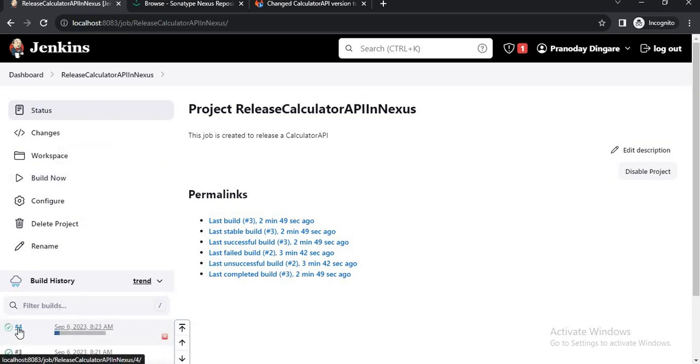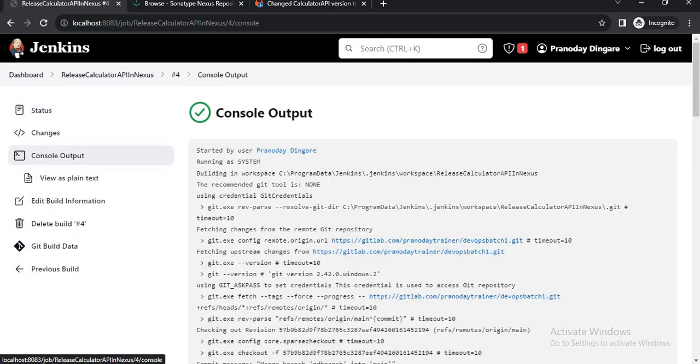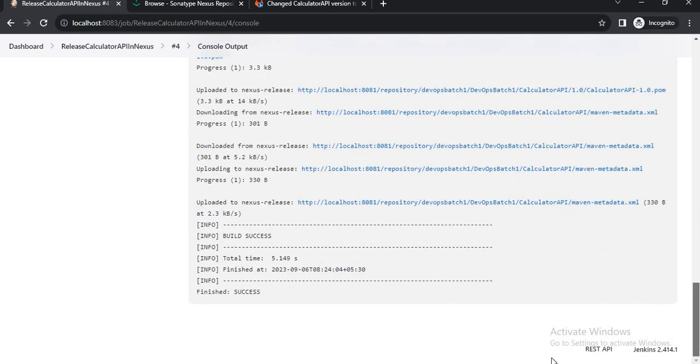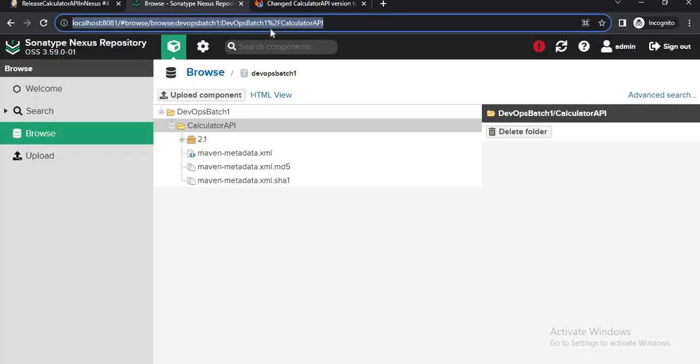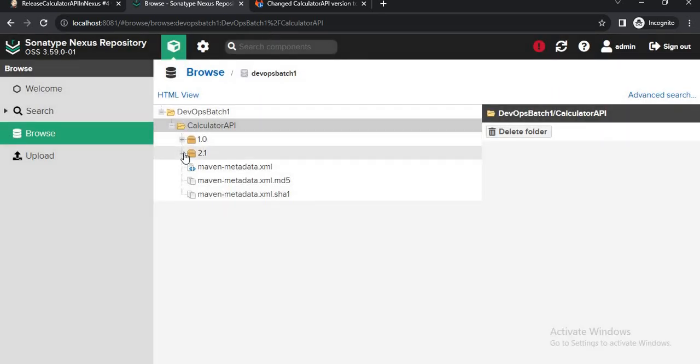So I have started building it. We can see here the build is in progress. Let's go and check the console output. Let's scroll down. Right, so the build is success. Let's check Nexus. See, here we have got the 1.0 version, this one.